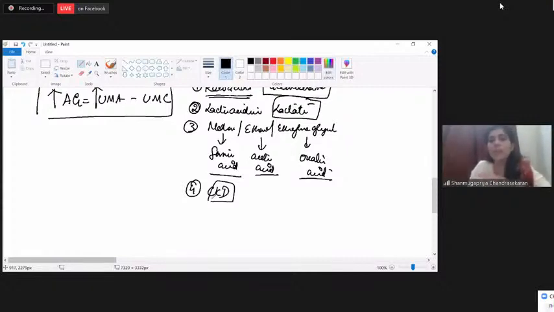So this means you don't have to memorize any mnemonic. You must have read in your textbooks mnemonics like MUDPIES, which is like methanol poisoning, uremia, digitalis toxicity, paraldehyde toxicity, INH, lactic acidosis, ethylene glycol poisoning, salicylate poisoning. Do you think you need such a mnemonic to memorize causes of high anion gap metabolic acidosis anymore? You don't need it. All you need to do is understand the concept. When will there be an increase in anion gap? Only when an abnormal acid accumulates.